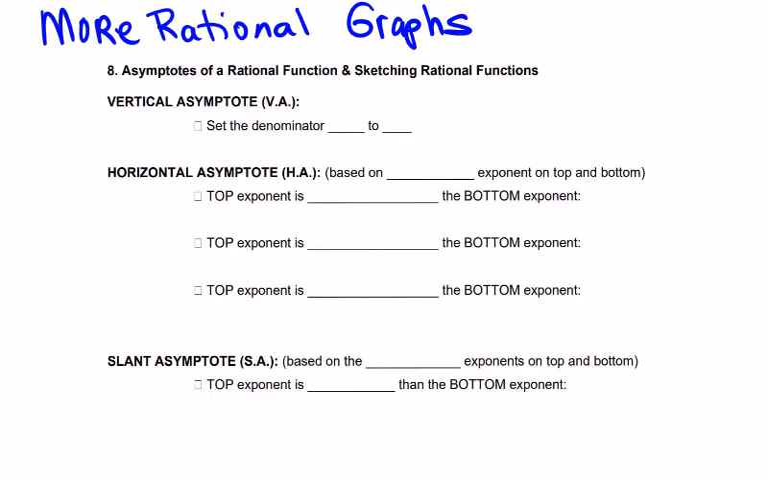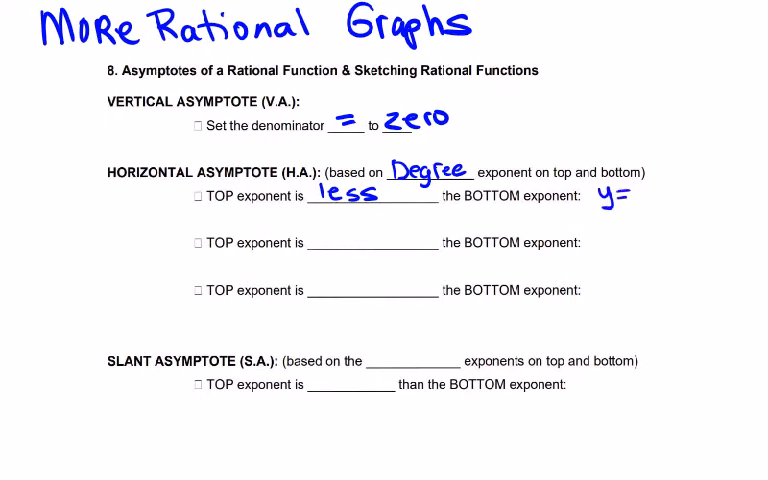So just a little review about asymptotes. For the vertical asymptote, you're going to set the denominator equal to 0. That'll help find the vertical asymptotes. To find the horizontal asymptote, it's based on the degree of the exponents on the top and the bottom. If the top exponent is less than the bottom exponent, then your asymptote is going to be